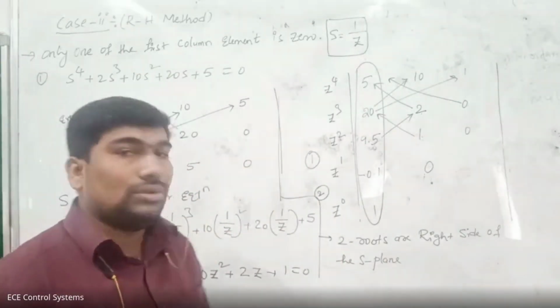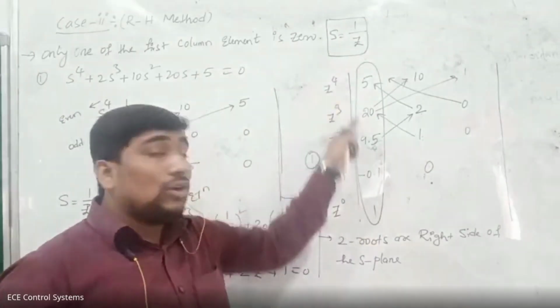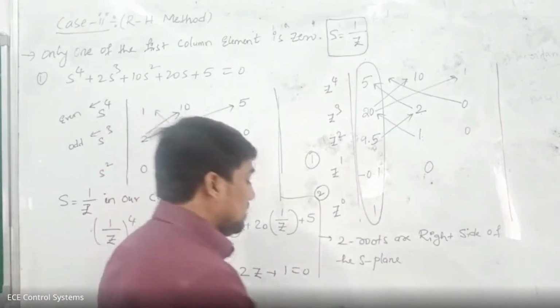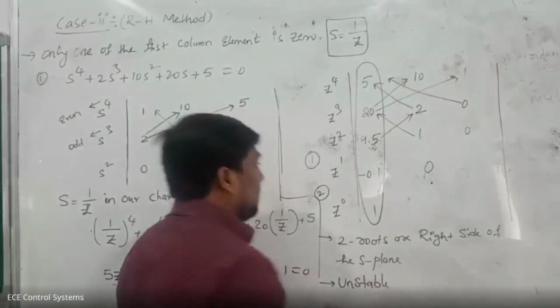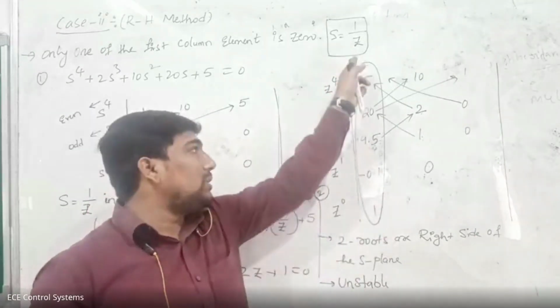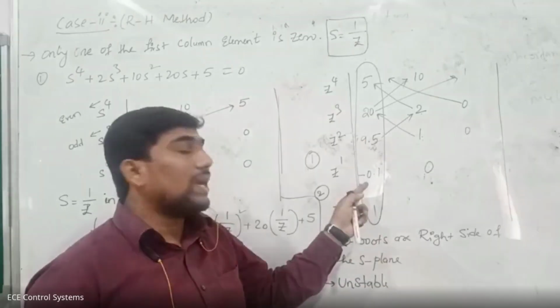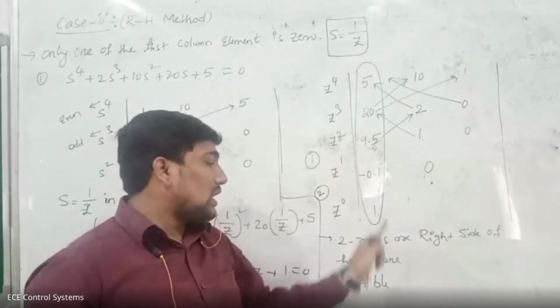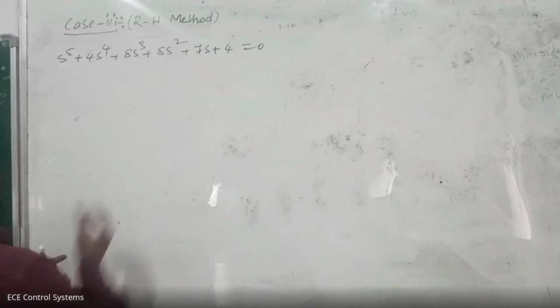That is not an issue. But simply, is this an unstable system or stable system? We have some negative roots also there. Simply this is an unstable system. For example, if the first column elements are all positive, that is called a stable system. But here negative signs came, so because negative signs came, this is an unstable system.